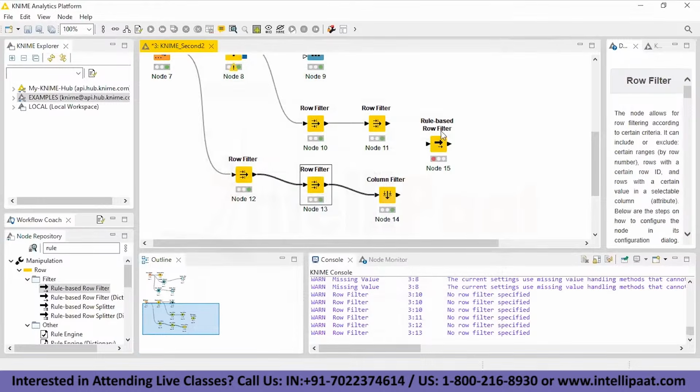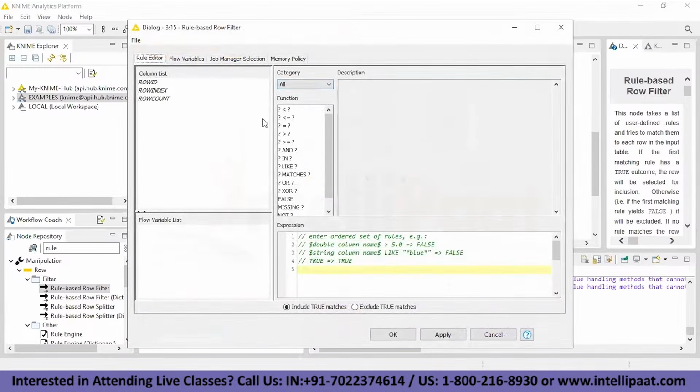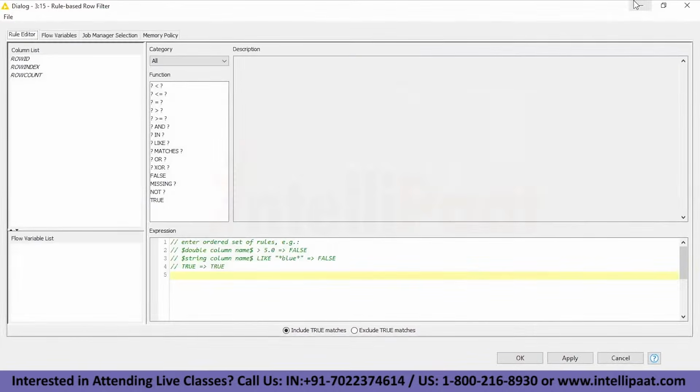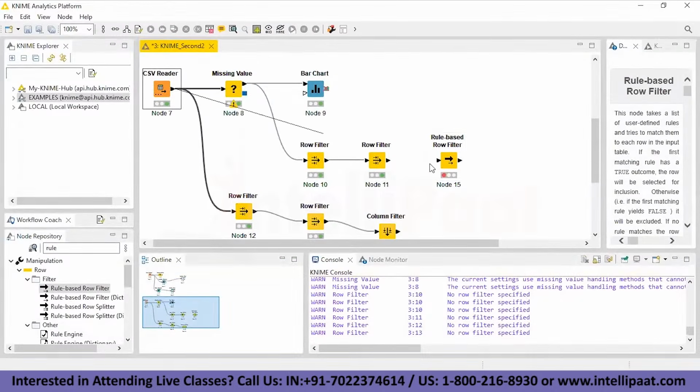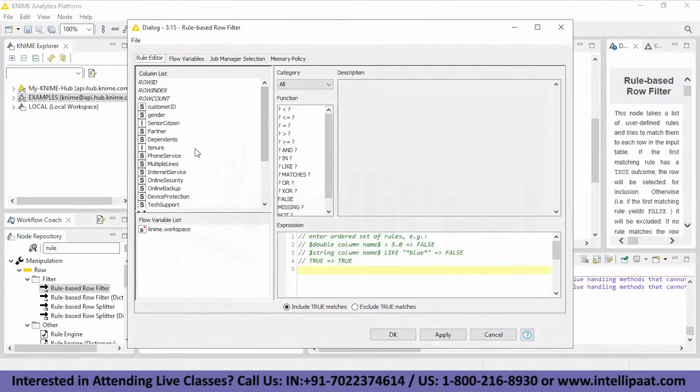Okay, and now here I can specify individual rules. First, I have to select the data. I have to pass the data. Next thing, configure it. But the thing is, it has to match the exact syntax. And the reason why I'm not doing it is, let's say the normal syntax is,